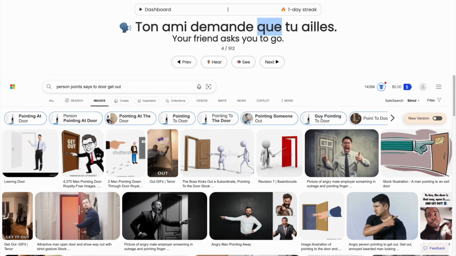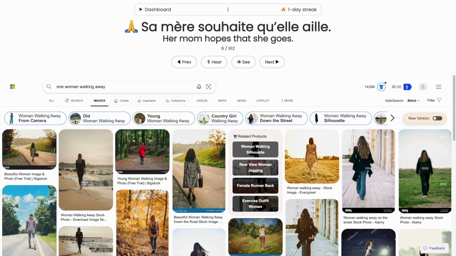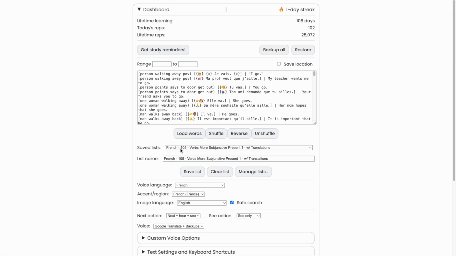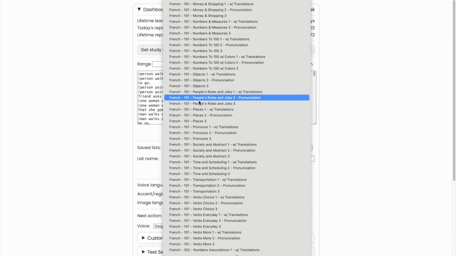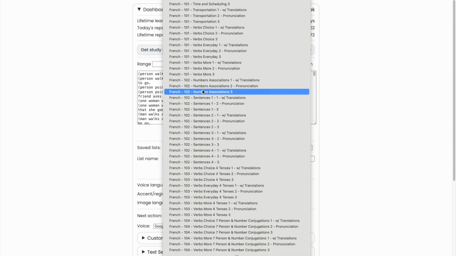And we don't even need to really fully understand that if you just go through the list. Elle va. Sa mère souhaite qu'elle aille. You can start to recognize when those changes happen and why. What are the cues? Il va. Il est important qu'il aille. But again, this is advanced. You don't have to go straight to that. You can start by learning a whole bunch of vocabulary, and then you can start to learn some of the advancements of the verbs. Going back here, we can go back to the 102 lists,